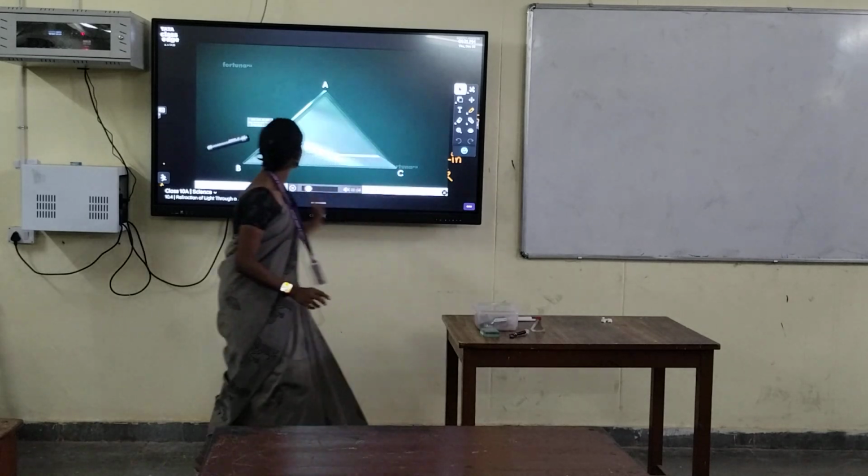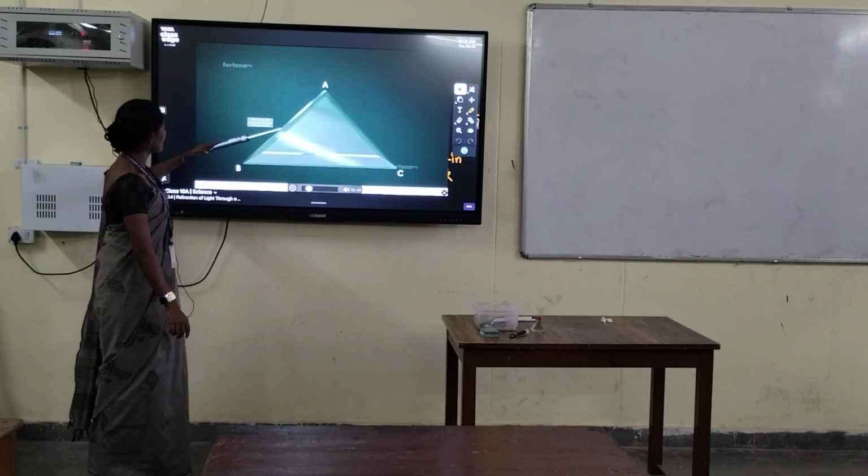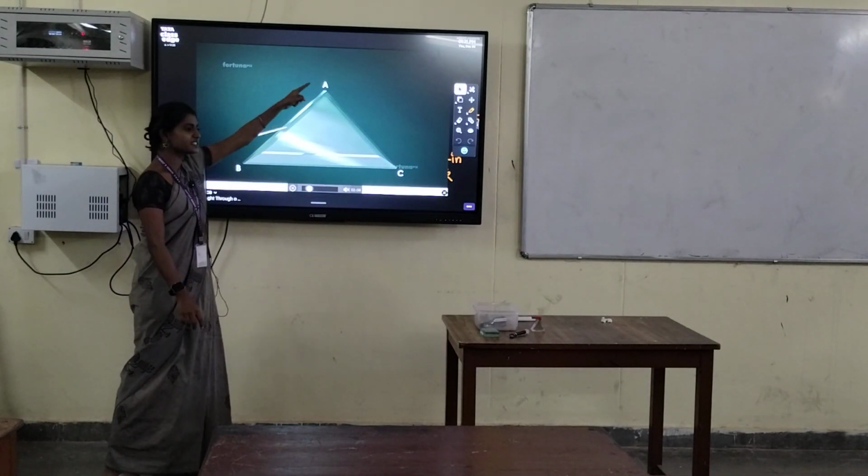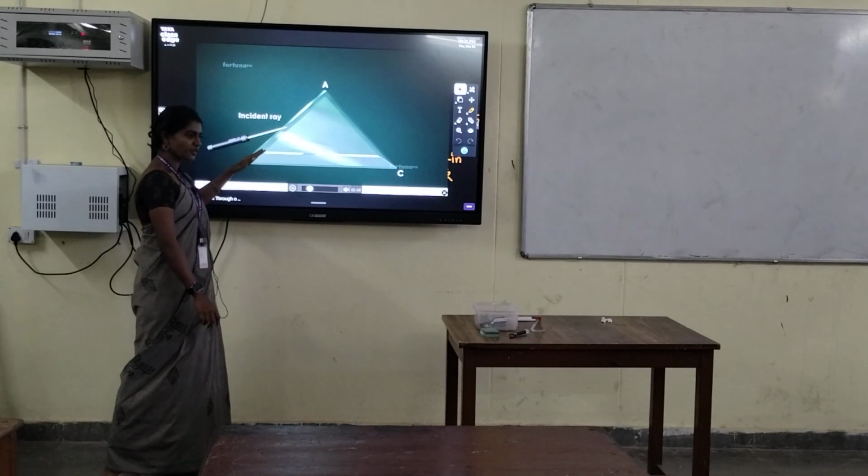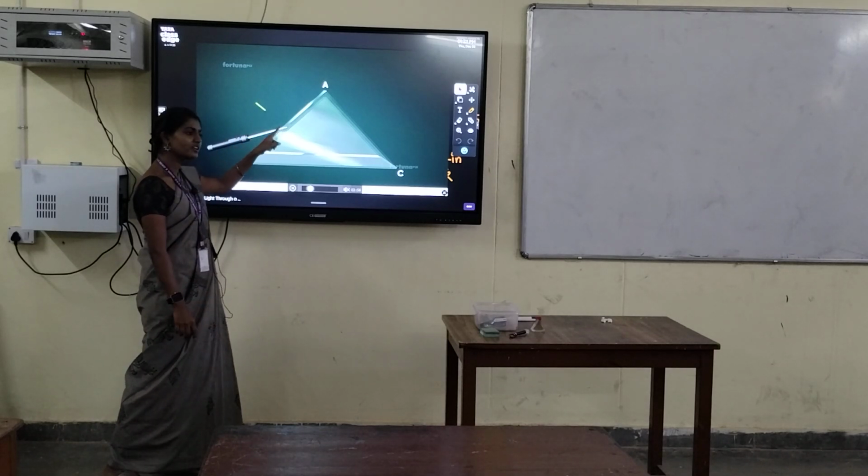Now when a white torch light is incident on the prism, we trace the path of the light. So this is your prism. A beam of light is incident on the lateral surface of the prism. Now what is this ray called? Incident